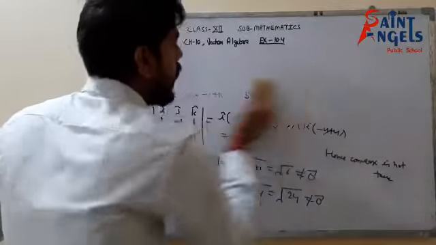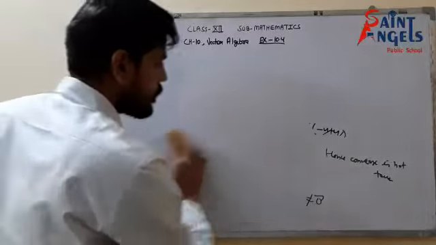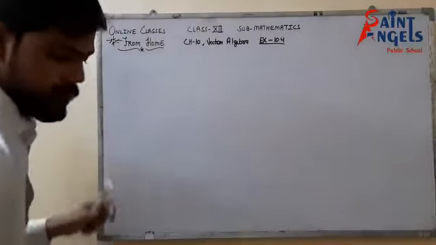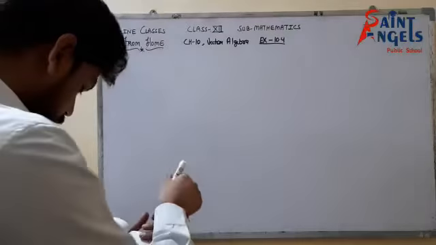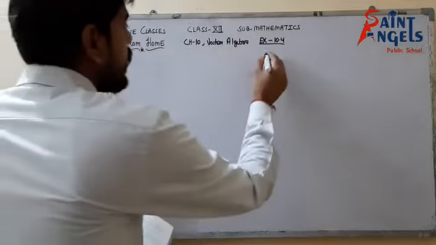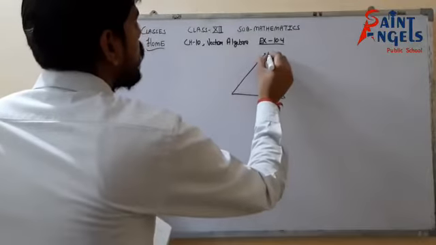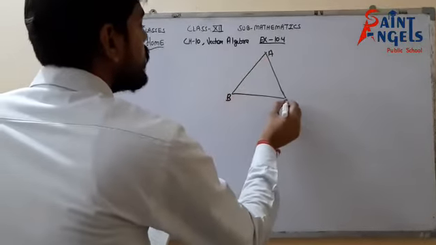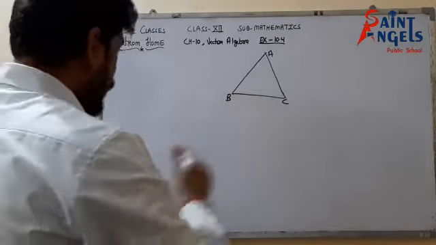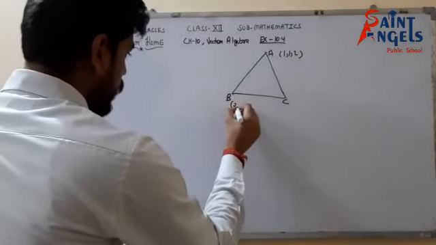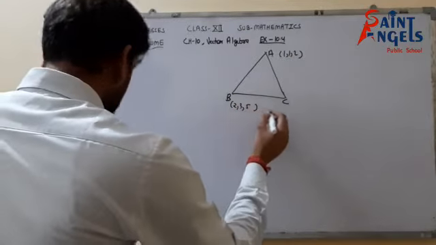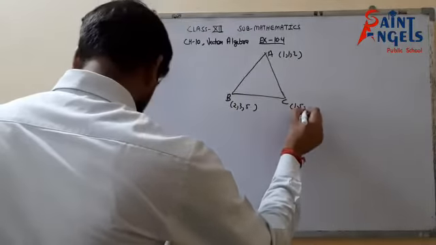Now look at question number 9. Question number 9 says, find the area of the triangle with the vertices A, B and C. We are given a triangle ABC. The coordinates of point A are 1, 1, 2. Coordinates of point B are 2, 3, 5. And those of C are 1, 5, 5.